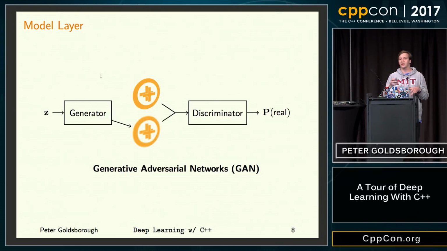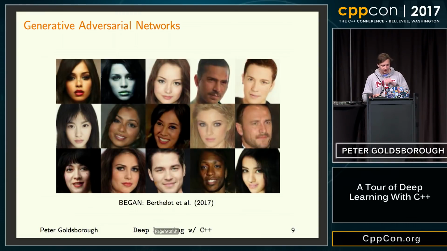And the discriminator is a kind of art critic who tells how realistic or how fake that image is. And the feedback from the art critic is given to that artist to tell him how to change his strategy to generate more realistic images. And the end goal, or the result of that, is that the generator learns to generate really realistic looking images. And I have some examples here.